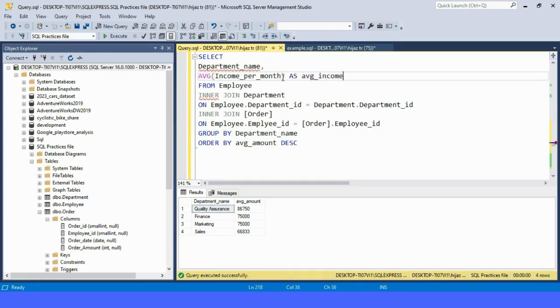As now we have two columns being included in our select statement. One is the department name, which is selected from the department table. Another is the income per month, which is selected from the employee table. So we need to use two tables, employee and department. So this time we remove this order table,